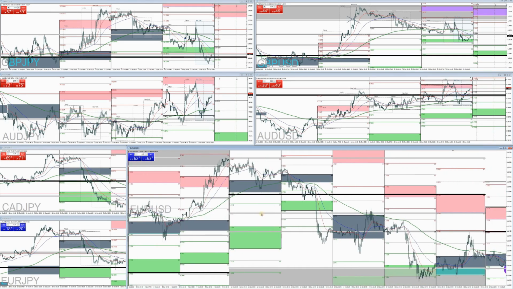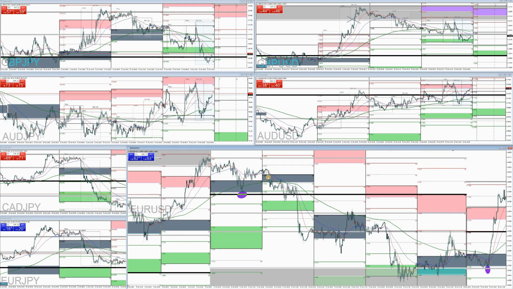Alright, following week, price did come down and gave us a possible trade setup at central pivot with the bounce. I'm looking for it to pull back above central pivot, which we did get here, and more than likely I took a stop out on this one. So down to S1, this is minus 30 pips. Following day, more than likely took this trade here at the top of central pivot. This too would have been a stop out of minus 21 pips.